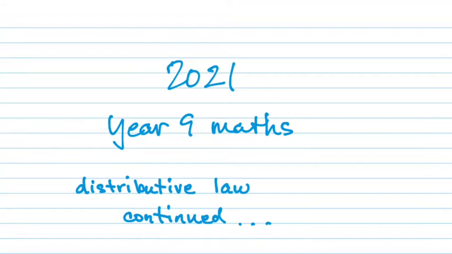All right, so last time we were here, we began our look at what's called the distributive law. Remember, the distributive law is a law of multiplication. It's what happens when you have a term times a bracket. Yeah? So, the general form of that, we use that A times